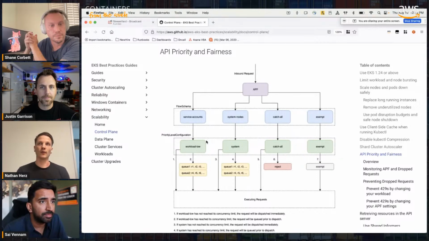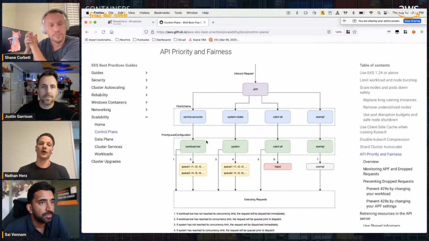Yes. When you create a new EKS cluster, you'll get the upstream defaults for these objects, and I think there's somewhere between 5 to 10 of each of flow schemas and priority level configurations. Beyond that, you can add your own flow schemas or your own priority level configurations to make it customizable